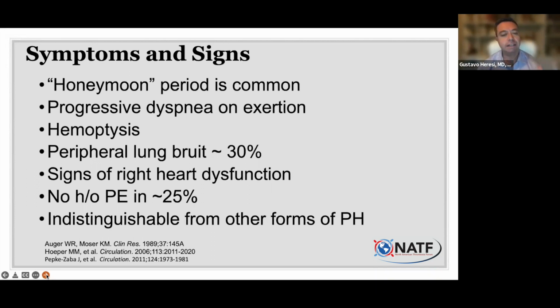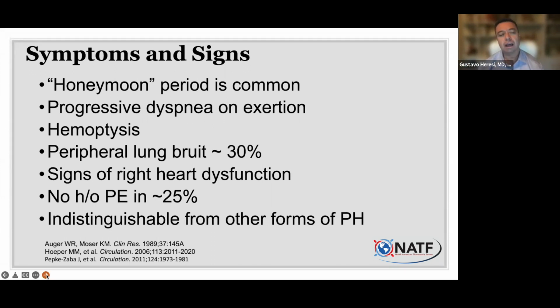Perhaps one of the classic stories is you have a clot, you had shortness of breath when you had a clot in the lung, and then there's a honeymoon period where you feel a little bit better. But then after that, shortness of breath comes back or starts to get worse again. That would be the most common presentation. Sometimes people cough up blood, but this is really not that common. And then sometimes people present with bloated bellies, fluid retention in the legs.